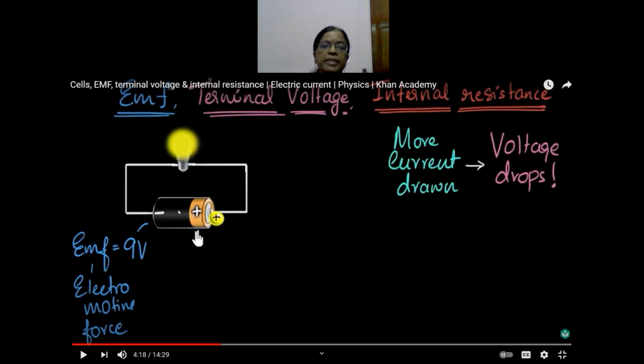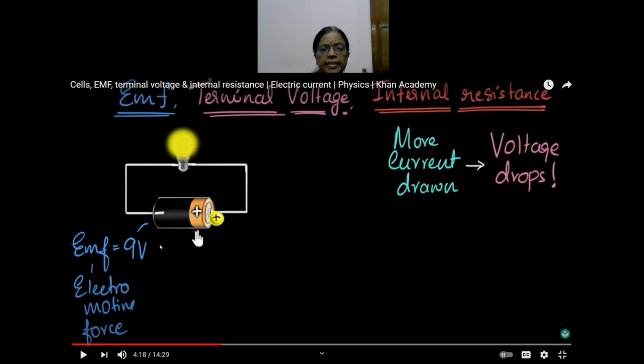Heat is produced here, and that heat is dissipated, simply wasted. That is waste heat. Why is this heat produced? When the charge moves, the electrons and electrolytes offer some resistance to its motion. So heat energy is produced, and the energy is dissipated. Actually, here, in order to move the charge from this end to this end, 9 volt, 9 joule per coulomb.